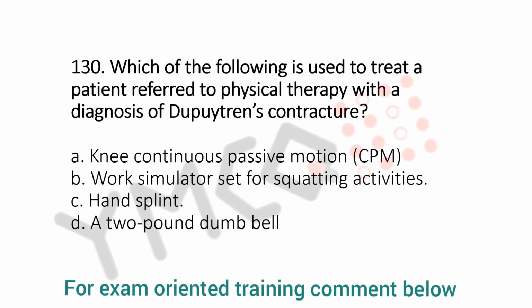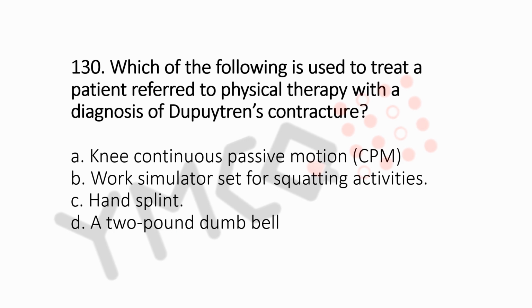Which of the following is used to treat a patient referred to physical therapy with a diagnosis of Dupuytren's contracture? A. Knee continuous passive motion, CPM. B. Work simulator set for squatting activities. C. Hand splint. D. A 2-pound dumbbell. And the answer is